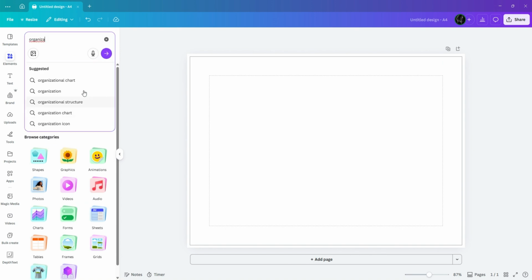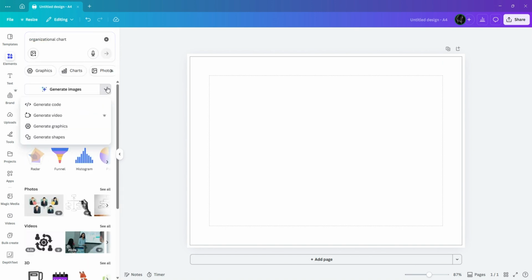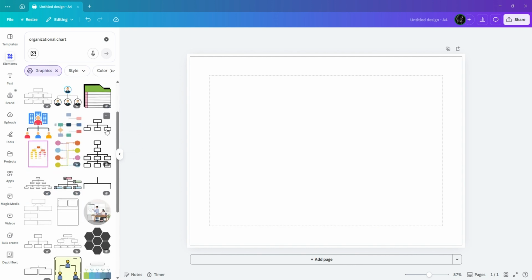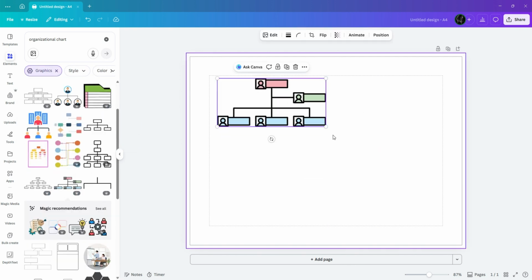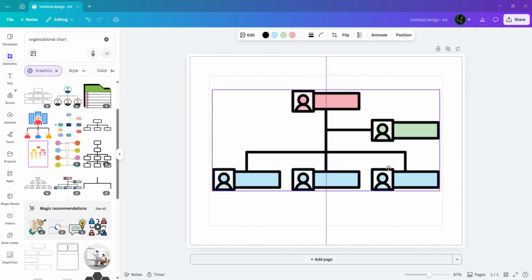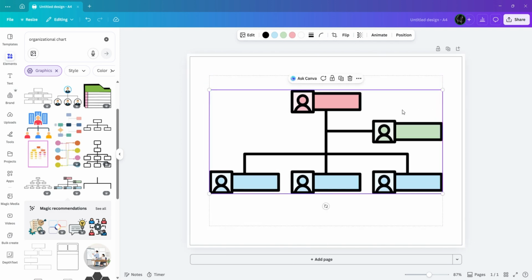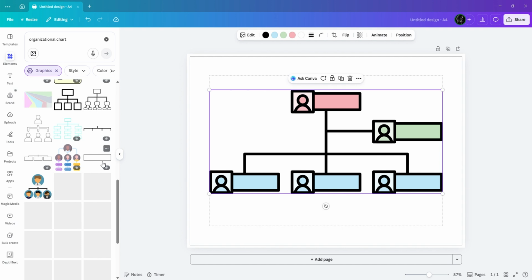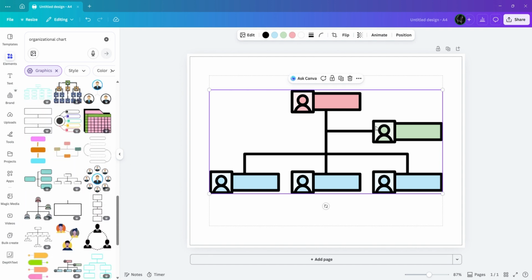Now, I'll go to the Elements tab on the left and search for Organizational Chart. I'll browse through the graphics, select a colorful template, and then drag the corners to scale it up until it fills the page. To customize the chart, I'll click on the top box, add a text field, and type in